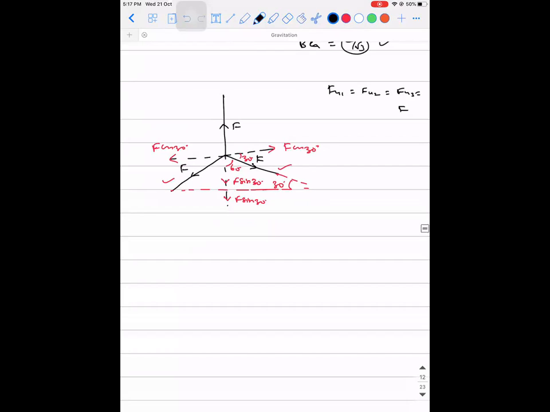What are the two forces that will get cancelled? If you take this as a basic coordinate system, x-axis, y-axis, this is x dash and this is y dash, what are the two forces along the x direction which will get cancelled? F cos 30 and F cos 30 will get cancelled. Similarly, along y direction,